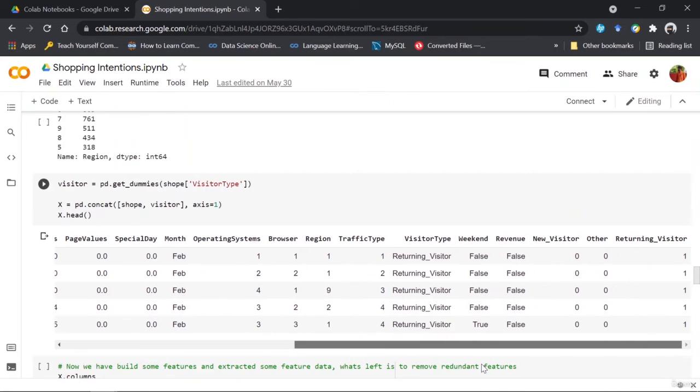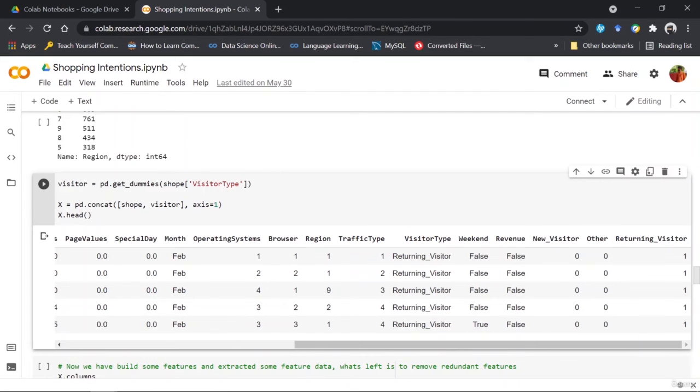And you can see that we only had till revenue in our original data set, and now three more columns are present telling me new visitor, other, and returning type. So these are the categories that were present in the visitor type column, and I've now extracted each one, and you can see that there's two zeros and then a one. This is defining that for the first data point, the visitor was actually a returning visitor. So 1 is present here and 0 for both the other categories.